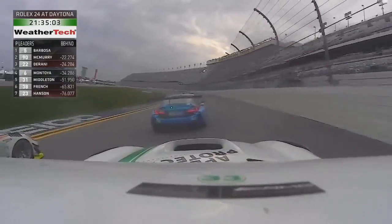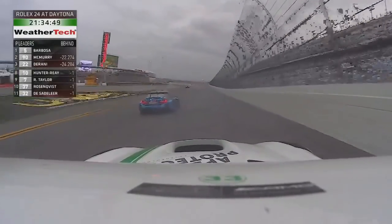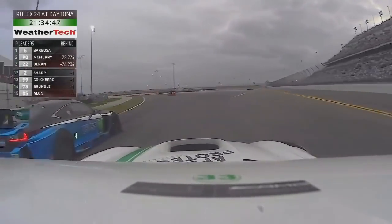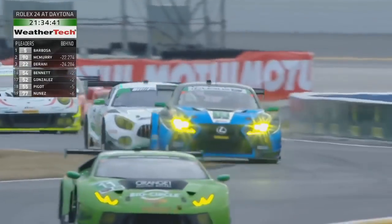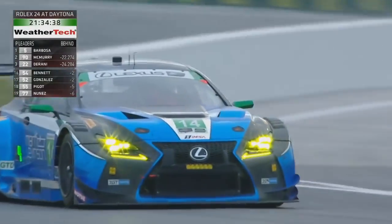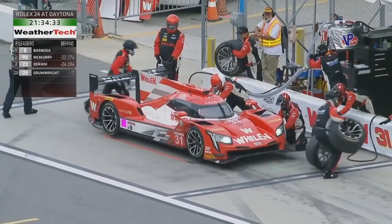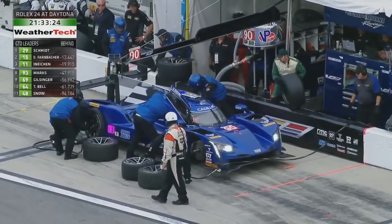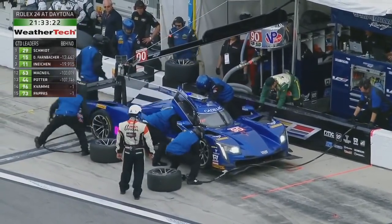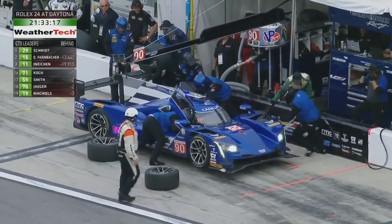So, warming up lap, would you believe, the green flag lap prior to the race start, and suggested to us was suspension failure, which fired the car into the wall, and the team have worked incredibly hard at Wright Motorsports to get that car fixed and back out again. Sadly for them, they are 58 laps off the class leader, Jeffrey Schmidt, but at least the car has made the race now. For this stint of the race, we've had nearly 2.5 hours of the 56th Daytona 24, the Rolex 24, and you're listening to the